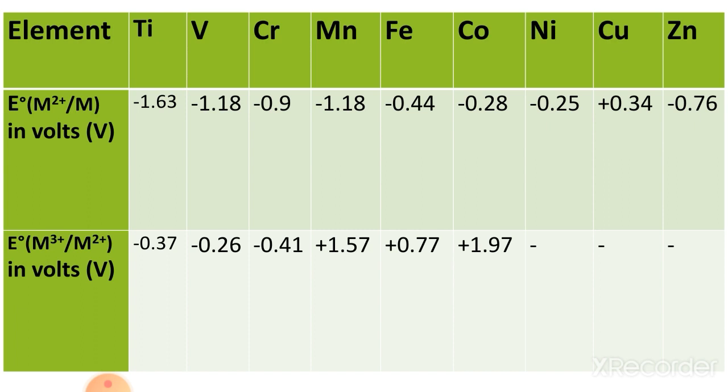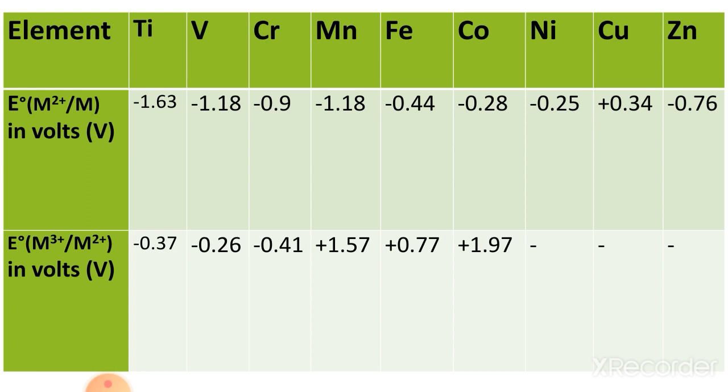So the sublimation enthalpy and enthalpy of ionization both have positive values, but enthalpy of hydration is a negative value. So here in case of copper, the sublimation enthalpy and ionization enthalpy are not balanced by hydration enthalpy. So that's why the E naught value for copper is positive. Copper only reacts with oxidizing agents such as HNO3 and not with concentrated H2SO4. So one question may arise: why does copper not liberate H2 gas from acid?